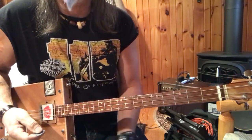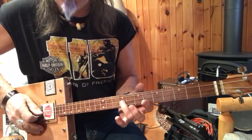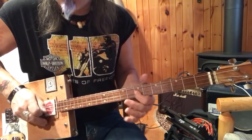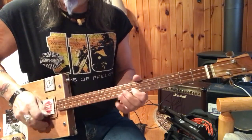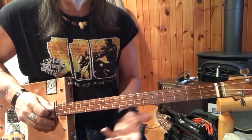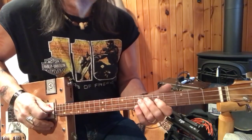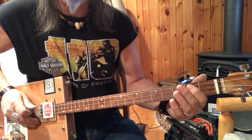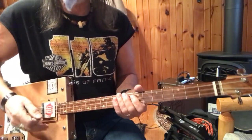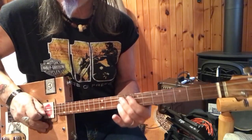There's a lot of soloing. There's also where he does a thing where he sings at the same time he's playing. So you've got all that going on. He does a lot of that. If you feel like doing it, it's really fun, getting your voice to line up. Just remember to stay in this little box and don't worry if you